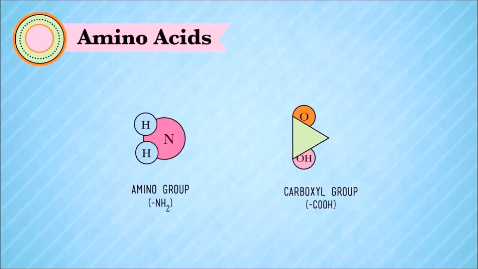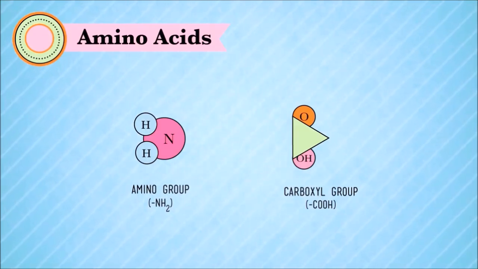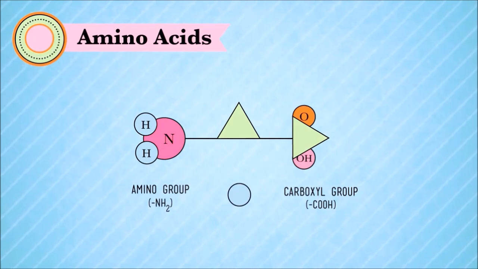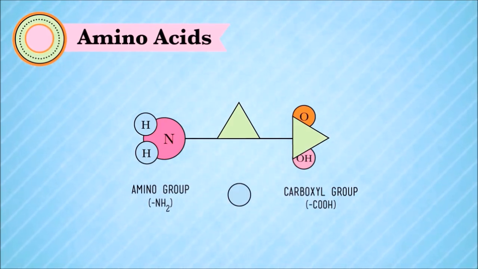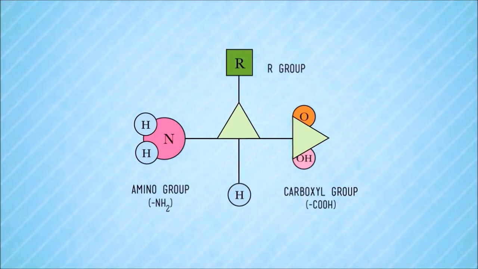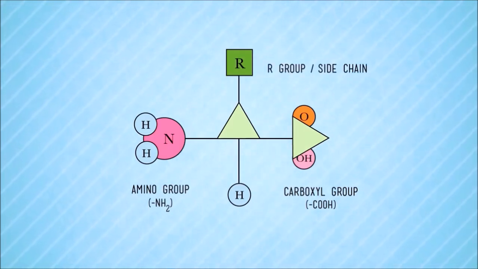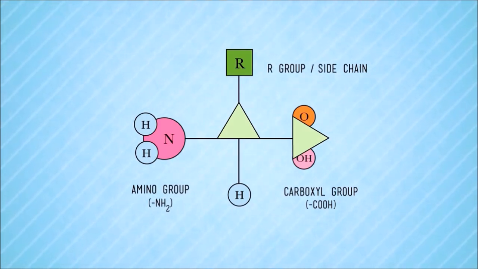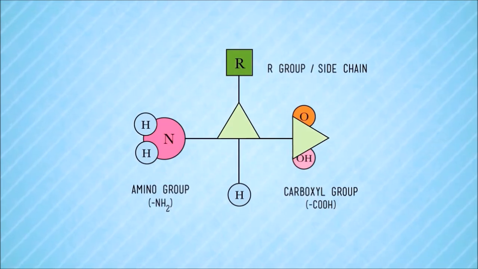amount of nitrogen. Now in the middle of the amino and the acid group is a carbon, and it shares one of its electrons with good old hydrogen, and the other electron is free to be shared with R, which is just a kind of fill in the blank. We call it the R group. It could also be called a side chain, and there are 20 different kinds of side chains. Whatever fits in that blank will determine the shape and the function of that amino acid.